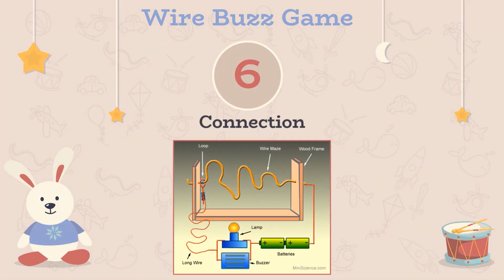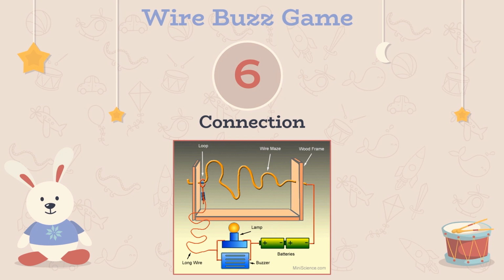Start by identifying the positive and negative side of all components. Look for positive signs and negative signs that mark the positive and negative sides. Red wires indicate positive and black wire indicates negative. Connect the negative side of your power source, or the black wire of your battery holder, to your wire maze. First, make a hole of the same size as the maze diameter, then insert the black wire in the hole before inserting the maze in the baseboard.